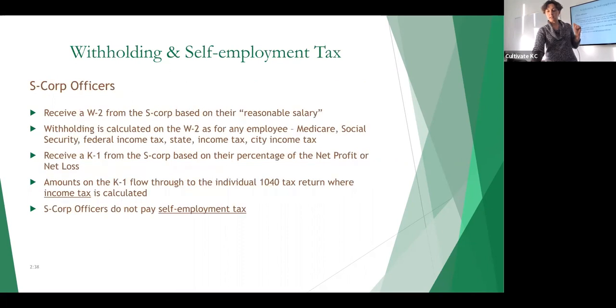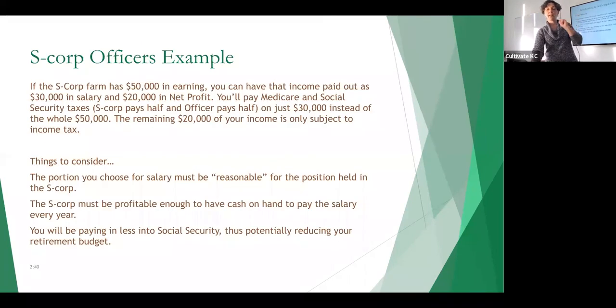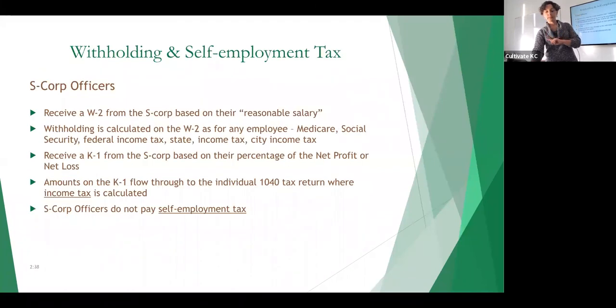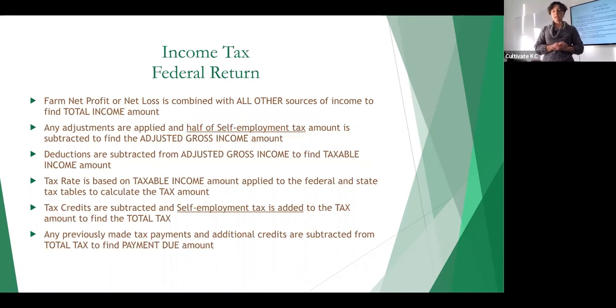Let's see. S Corp officers, they're a little different. They get a W-2 and they don't have to pay self-employment taxes. So there are some slides in here on that. I thought I had a slide here. Okay, here, slide 78. This is where the half of self-employment tax that you're able to deduct on your tax